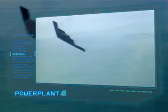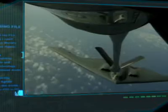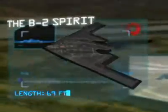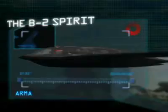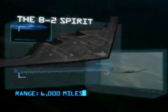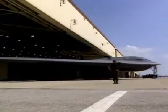Power plant, 4 General Electric F118 jet engines with 17,300 pounds of thrust. Top speed, high subsonic, classified. Payload, 40,000 pounds. Armament, none. Range, 6,000 miles. When the B-2 was first rolled out in November 1988, words like futuristic and out of this